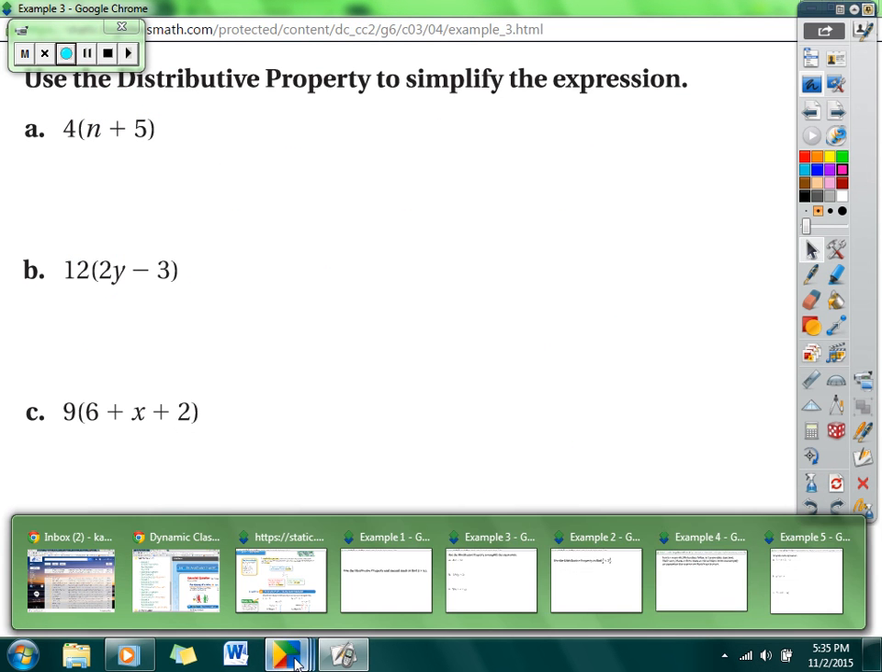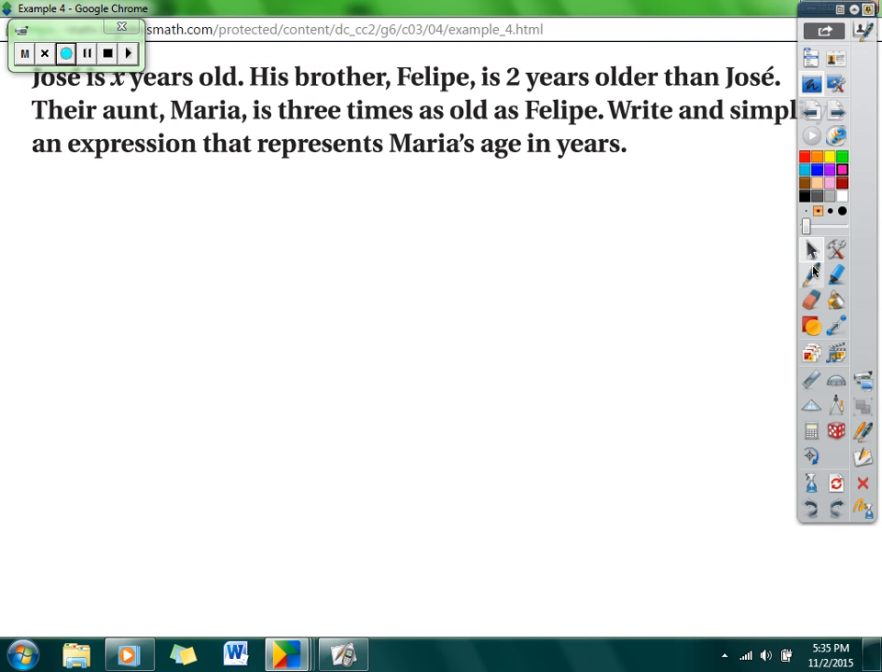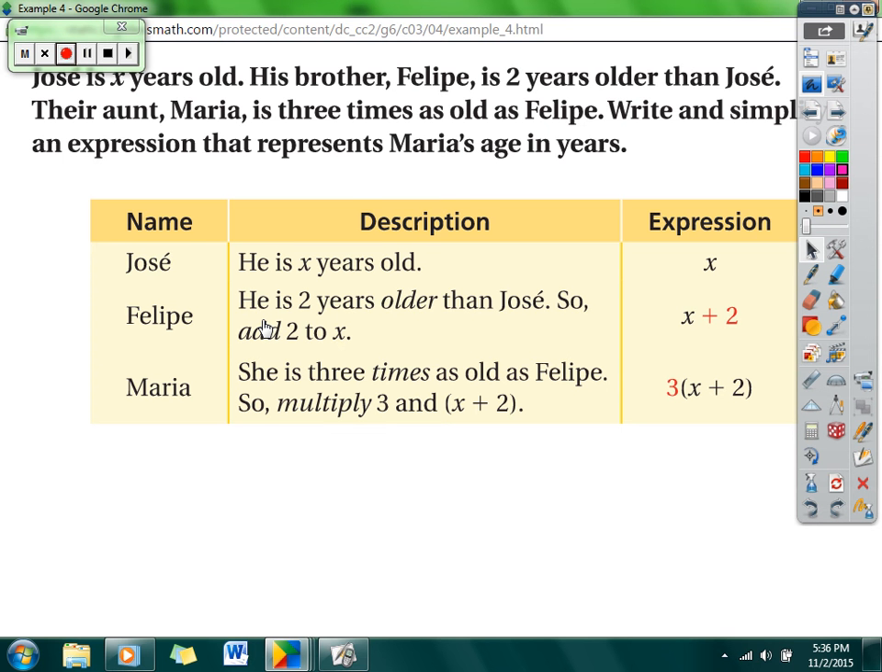The last example we're going to go over is example number 4. Let's see what example number 4 says. Jose is X years old. His brother Felipe is 2 years older than Jose. So we know if Jose is X,